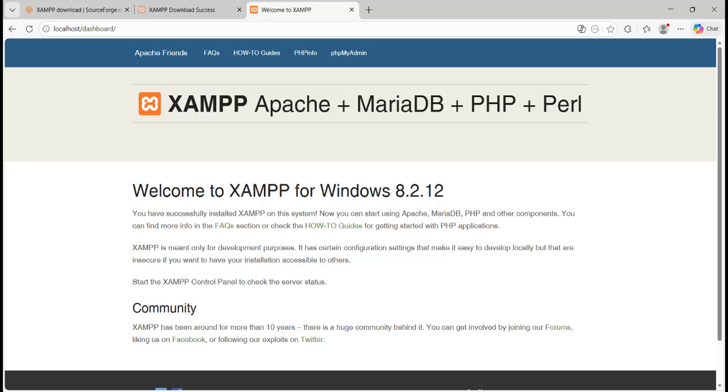And that's it. You have successfully installed XAMPP on your computer and you are now ready to start developing and